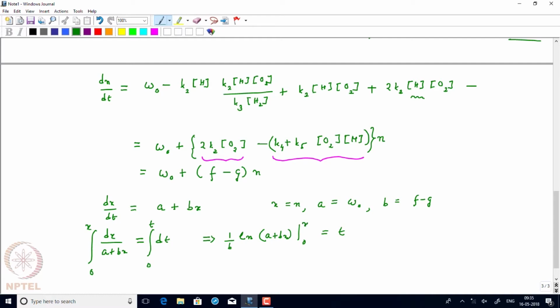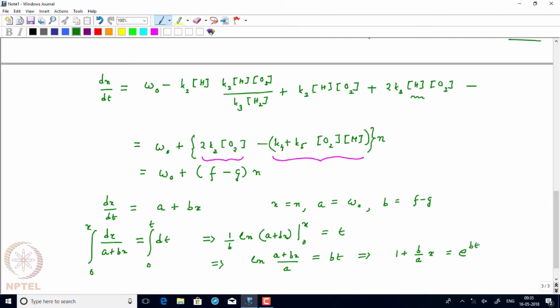So that is ln(a plus bx), and minus, when it is 0 it is ln a. So that you can write as ln((a plus bx) divided by a), and that one you can write as bt, and then I can actually rearrange it. I can write it as 1 plus b by a into x is e to the power bt,